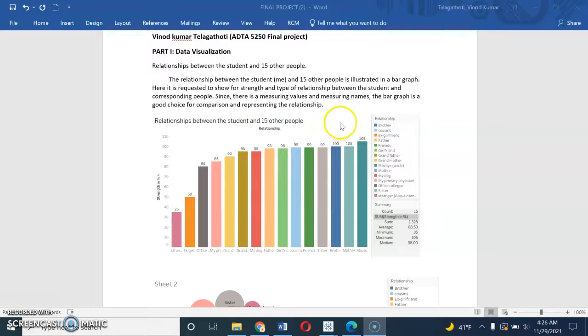Since there is a measuring value of bond strength, allotted as a percentage, and there are names, which are the relation between the student and the other people, the bar graph is a good choice for comparison and representing the relationship.